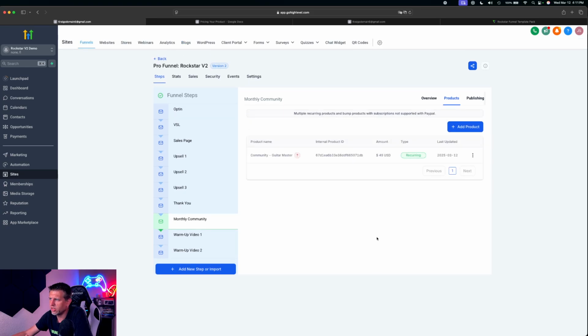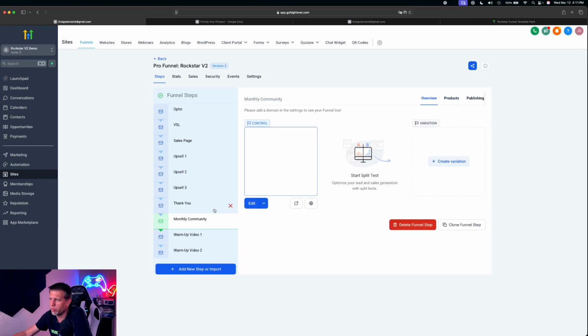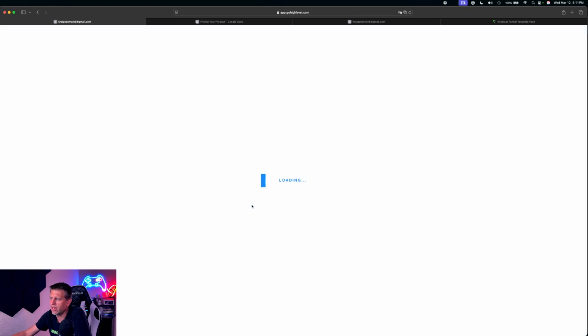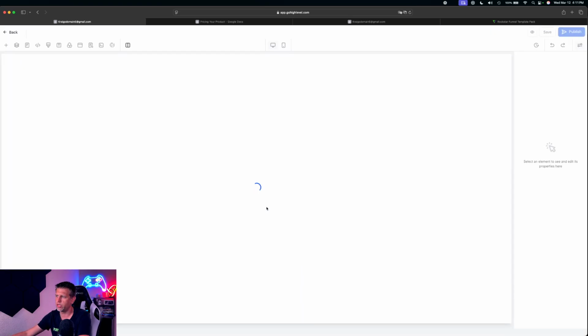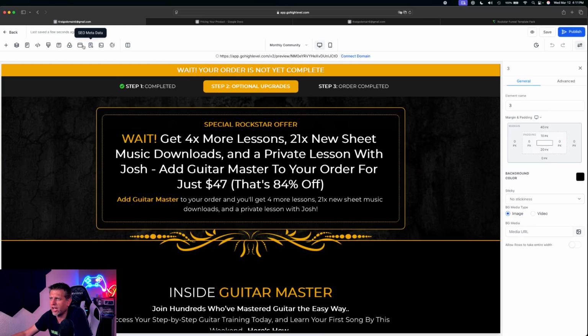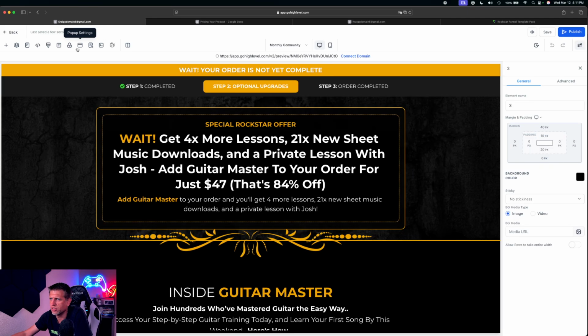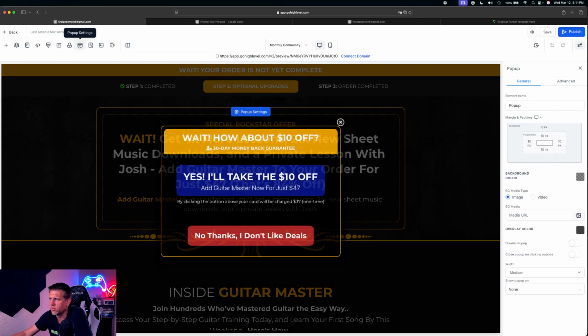Now, the only thing left that we would need to do, guys, if you wanted to do it this way, and this is why the order page is faster, is click on this page and add the 2-step order form in. And let's see if I have it. If you click on the pop-up settings, which is this button right here on the top,